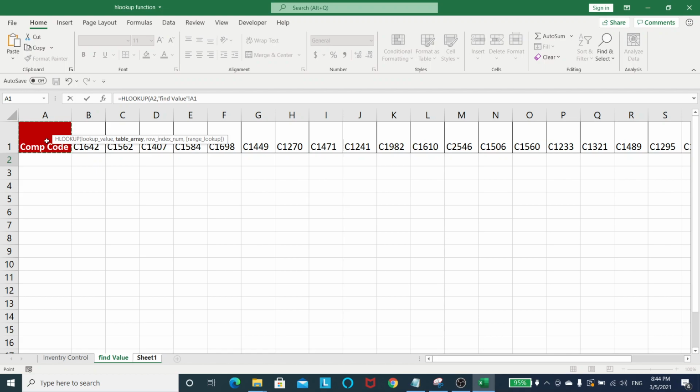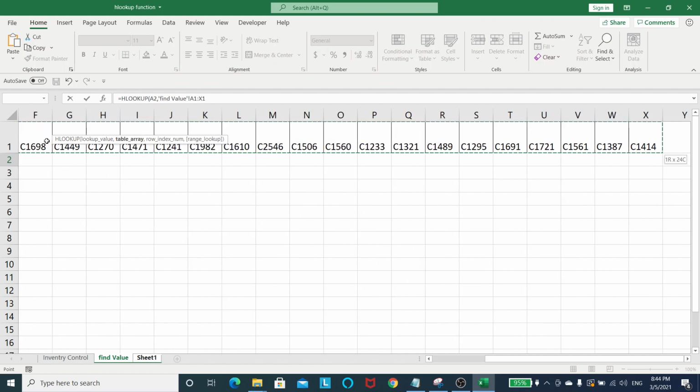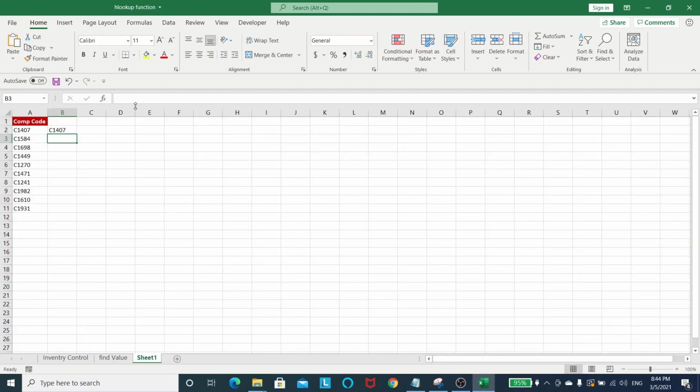So select the range, freeze it, comma, row index number. This is the first row. So 1, comma, 0 for exact match, close parenthesis, press enter, and that's what we get here.